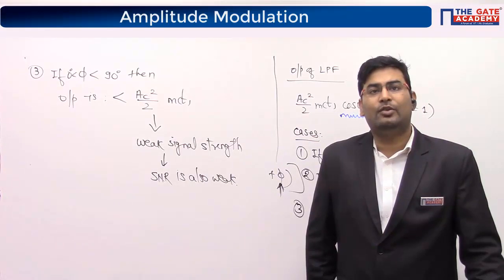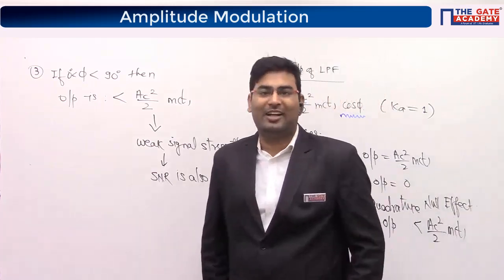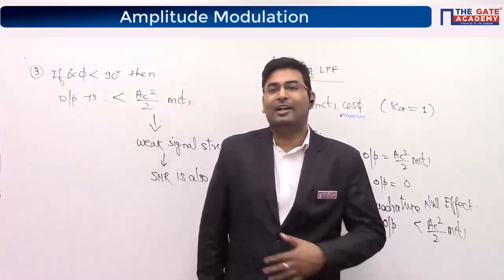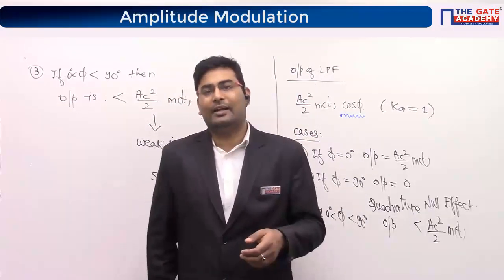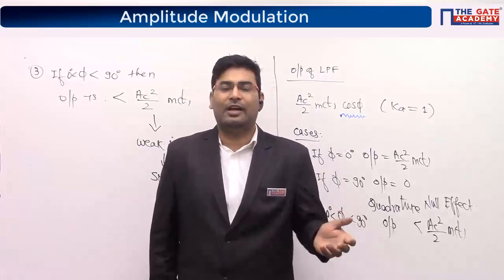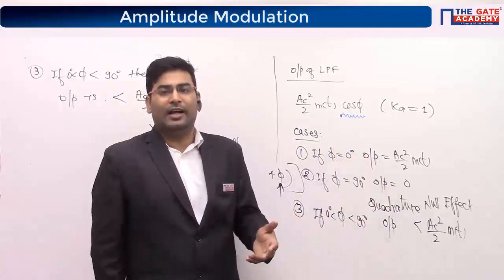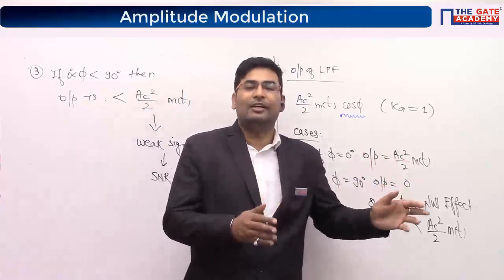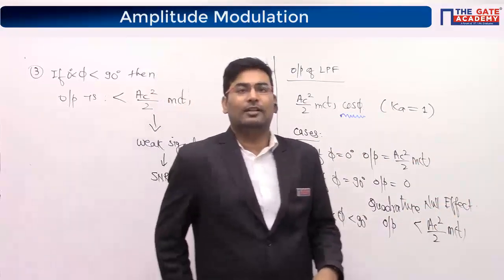Why don't we multiply by 2 AC square cos phi so that we can get the message signal back again? See Tejas, it doesn't work like this. First of all, the phase shift happens in real time. Let me take a practical example. Suppose you are tuning into an AM radio station. Do you think somebody will track what the phase shift happening in between is? The phase shift can go anywhere from 0 to 90 degrees. You will not be able to track it in real time because it is analog communication. It's happening in real time. It's not digital, where you store it somewhere, change it, and send it back to the people. So it doesn't work like this.